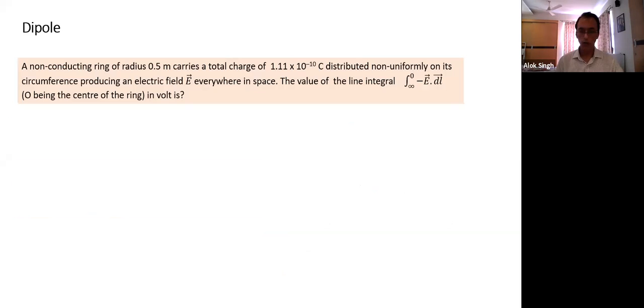Okay, I think tomorrow we will not have a class, so we can have a doubt session again today. We will go through some easy question. This is a common question which comes in many examinations. It is there in the book also. So I thought I'll go through this question, but this is not a dipole question. This is related to another topic. So let's go through this part also. This is the question given.